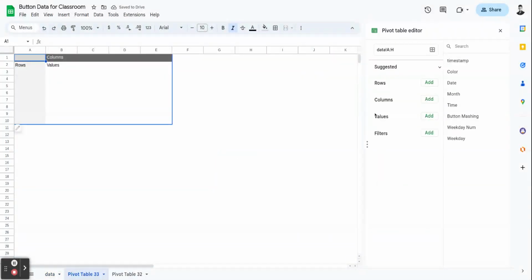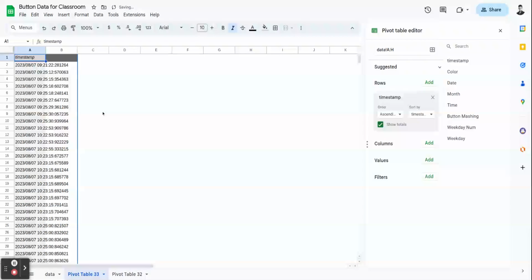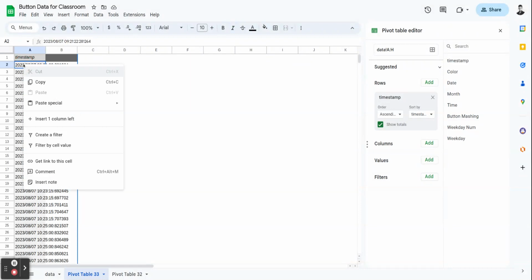And in the row this time, I'm going to put timestamp. So this is actually not particularly helpful, right? Because it's not summarizing anything. But if I right click on timestamp and then do